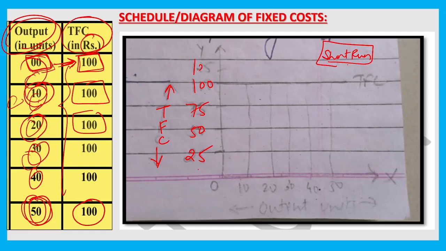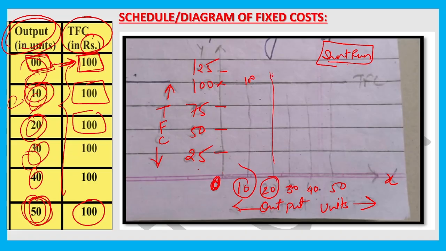25, 50, 75, 100 एंड 125, ये मैंने कुछ मेजरमेंट लिए हैं, और ये पॉइंट ऑफ ओरिजिन है, यह हमारा एक्स एक्सिस है। यहाँ पे 10, 20, 30, 40 एंड 50, ये हमारा हो गया आउटपुट लेवल या द क्वांटिटी ऑफ प्रोडक्शन इन यूनिट्स जो हम प्रोड्यूस कर रहे हैं, पेन है या जो कुछ भी है। अब डायग्राम के हिसाब से कुछ भी प्रोडक्शन करो, जीरो प्रोडक्शन है, फिर भी आपका कॉस्ट कितना है बेटा, तो 100। 10 पेन बनाई तो कॉस्ट कितना हुआ, 100। 20 पेन बनाई तो कॉस्ट कितना हुआ, 100। 30 पेन, 40 पेन, 50 बनाई, फिर भी कॉस्टिंग कितनी हुई, 100, 100, 100।